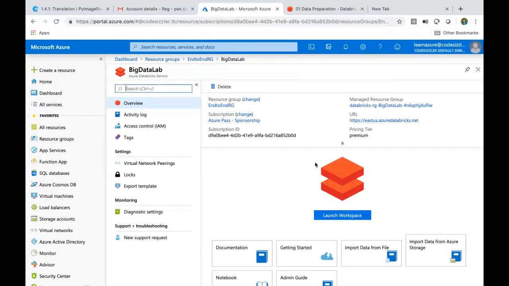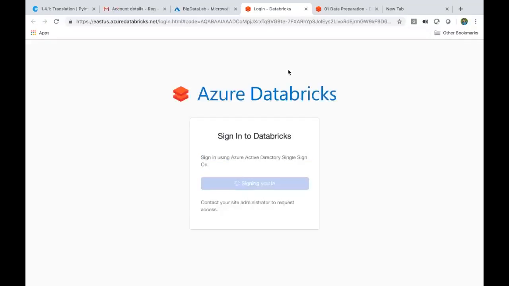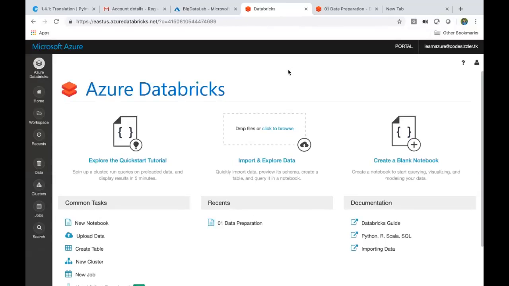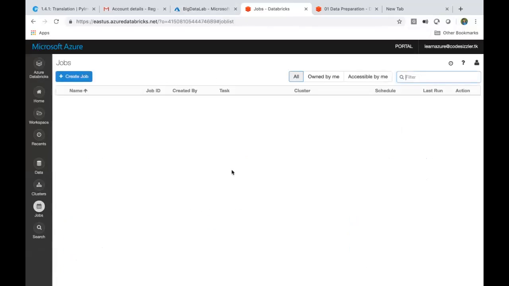So just click on launch workspace. It will open up with SSO login here. So this is what you're looking at, right? We saw this before itself. It looks the same way now also, but we have extra things like jobs. We can create jobs, as I mentioned. We can create pipelines, like how we do our ETL processing. We can do the same thing here, like our ADF jobs. We can streamline this process and define it here.